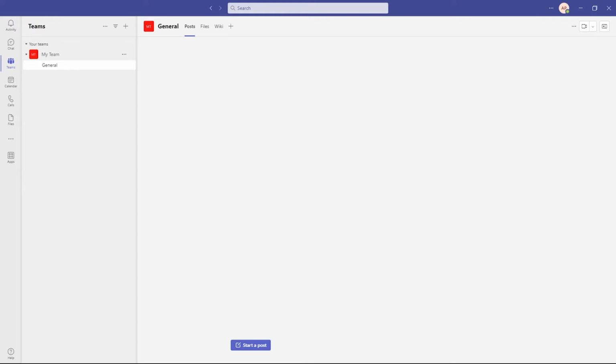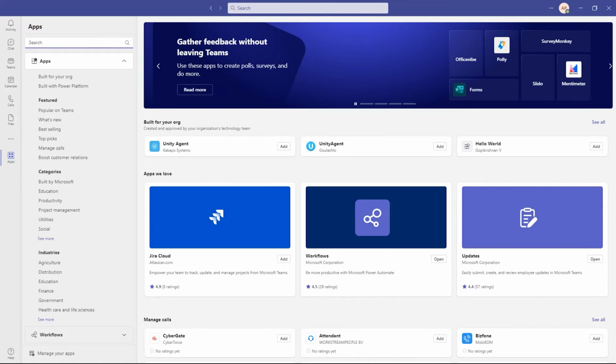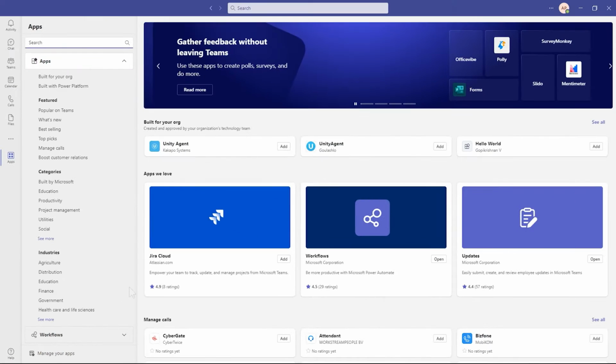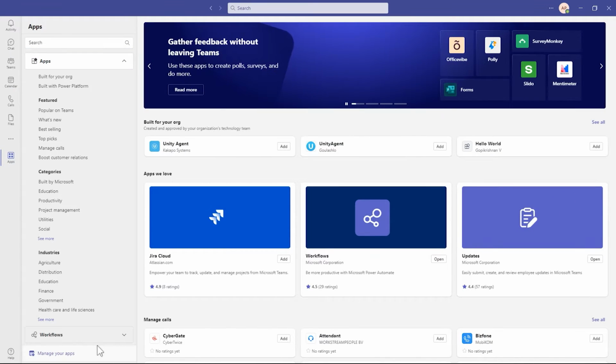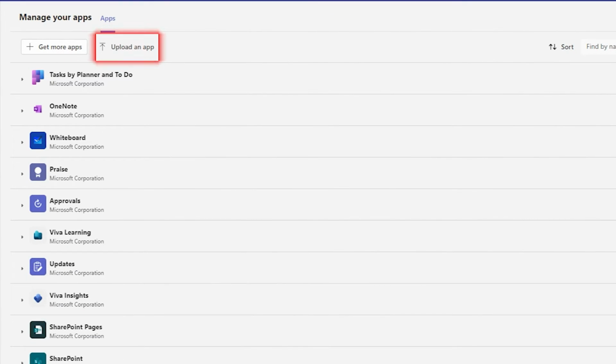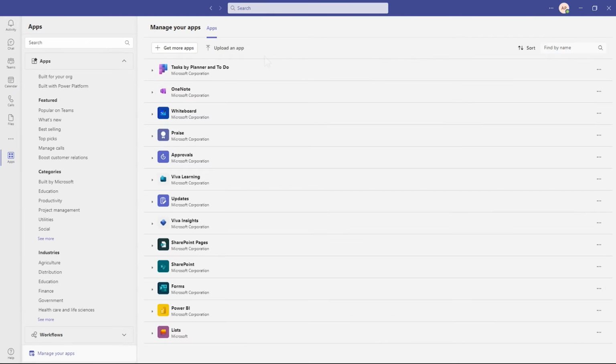To upload a new application, start by clicking on the Apps tab on the left side of the screen. This will take you to the Applications section. From here, click on the Manage Your Apps tab at the bottom of the screen to open the Application Management panel. Next, navigate to the Upload an App button at the top of the screen and click to be prompted